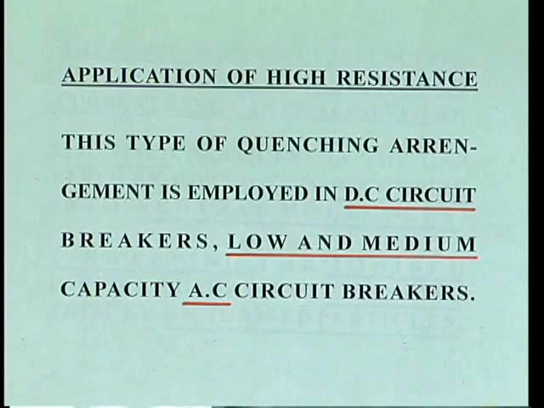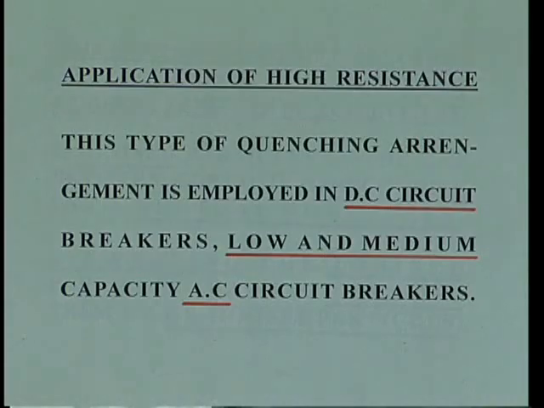So here we already discussed that the arc resistance can be increased by these four methods, but these four methods are only used in low and medium capacity AC circuit breakers and DC circuit breakers. Now the other method is the low resistance method. In this method the resistance of the arc is kept low until current zero, where the arc is momentarily extinguished. At this instant we forcibly extinguish the arc and it is prevented from restriking in spite of the rising voltage across the contacts.